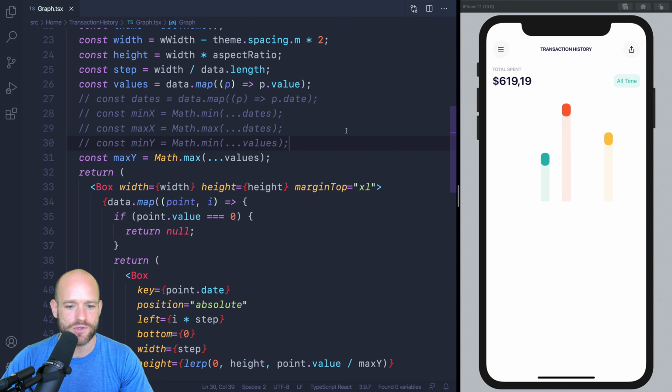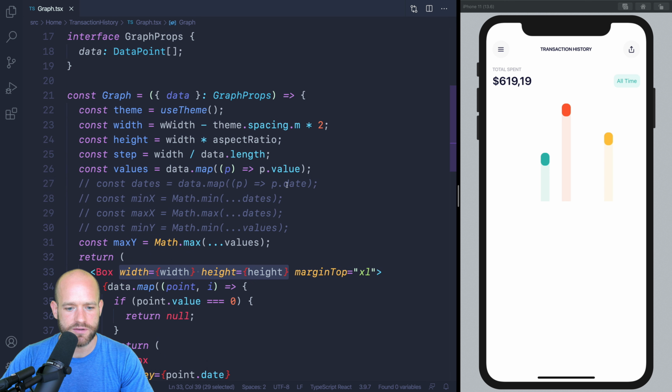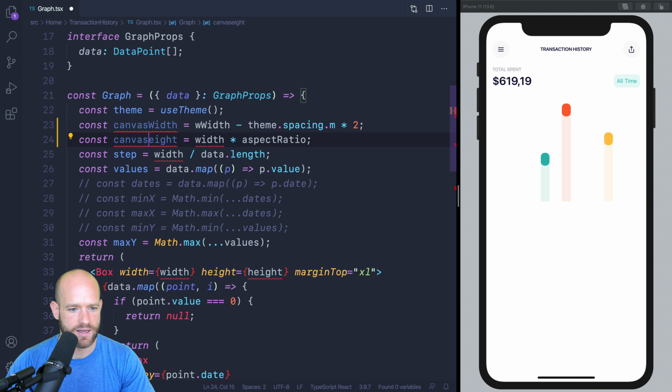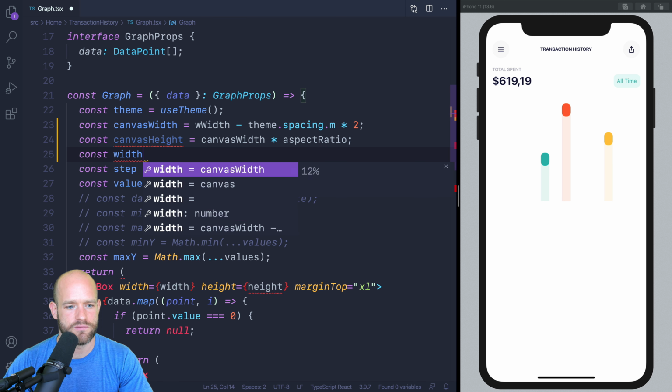We are back in the code here. And I think the first thing I'm going to do is set the width and the height to have some margin for the bottom scale and the left scale. So this one is going to become canvas width, canvas height. This is canvas width. And now we do width and height. So width would be